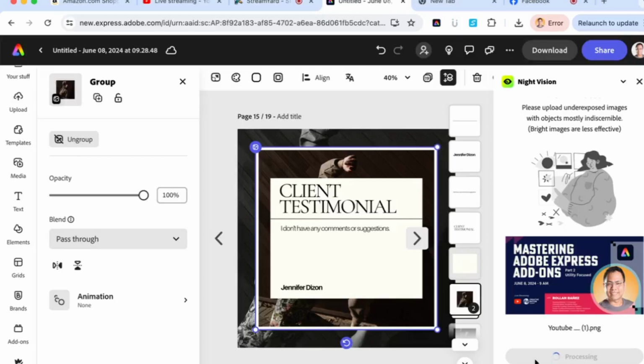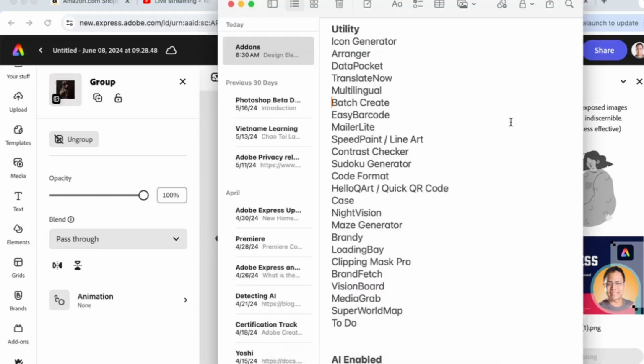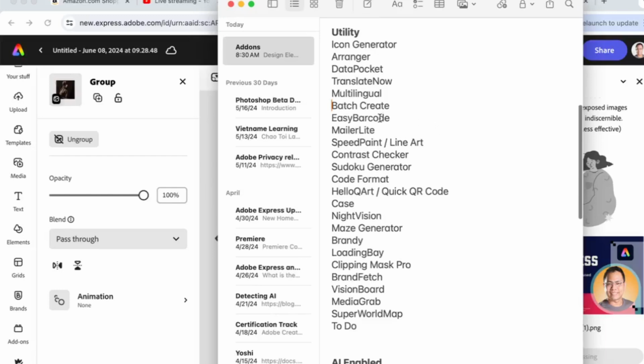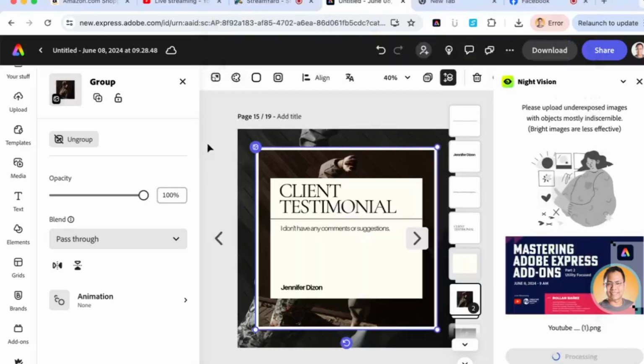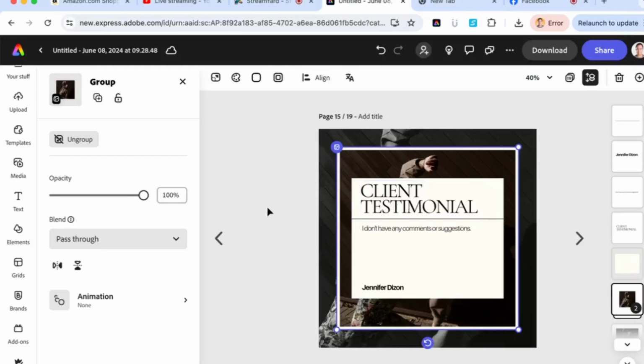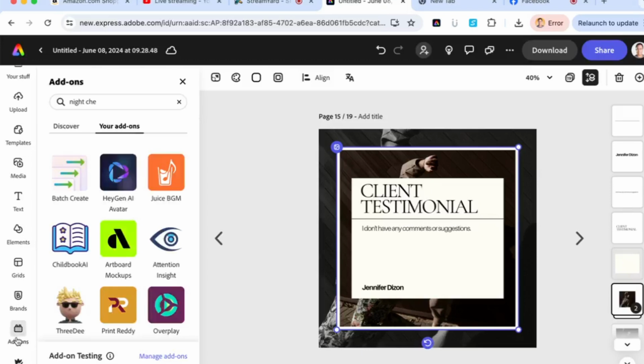Mastering add-ons part 2, utility focus. Okay, while this is processing, I'm going to go back to my notes. As you would see here, I've done a lot of research lately on add-ons. So we did Batch Create, we did Easy Barcode, we have Contrast Checker. If you're into Sudoku, you can easily create a Sudoku generator inside of Adobe Express. There's an add-on for that. So while we are still processing this, you get the idea, right? If you want to upload underexposed images, you can easily process this using Night Vision. So I'm just going to close this, and let's go back here to the add-ons and focus on the